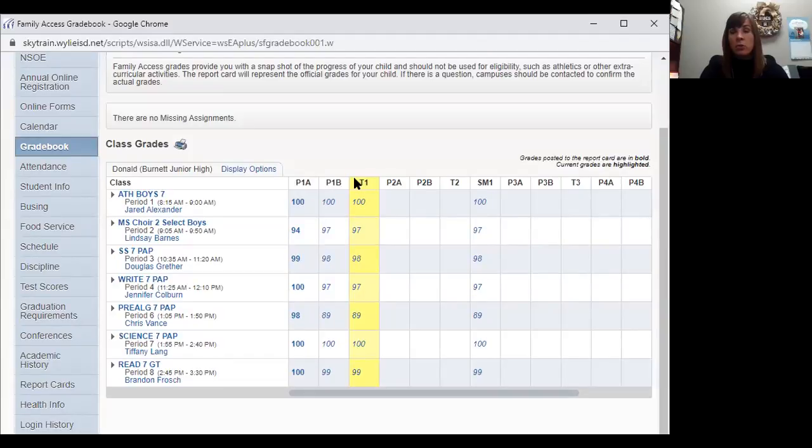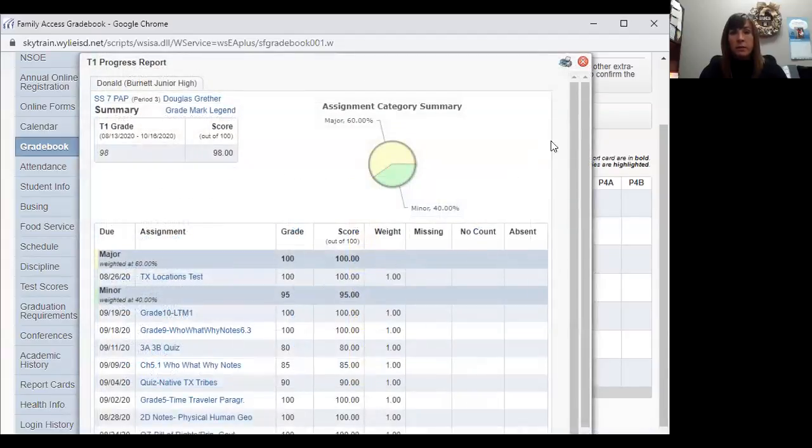And there are multiple progress reports as the 9 weeks goes by. So P1A was at the 3-week mark. P1B ended this past Friday on the 25th, and that is the 6-week mark, and then term 1 will be the final grade for that term. So you can see how they snapshot all the way along here. And also on this page, you can toggle over a class. So I'm going to look at Donald's Social Studies Pre-AP class,